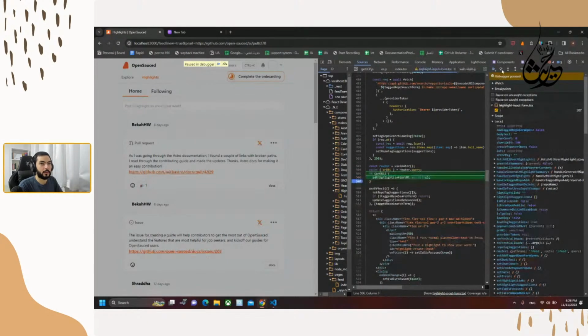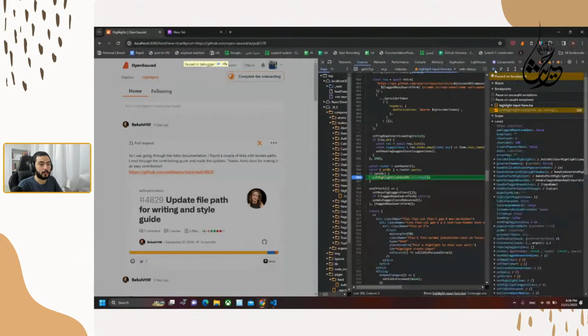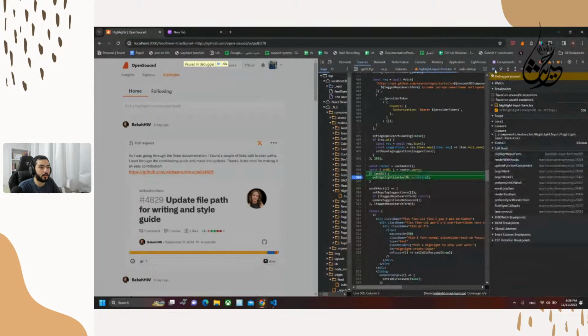Let's just remove this and see. I don't think that it will go to this. Yeah, I just got it. And we have it right now, but yeah, so the issue is that this is working, but